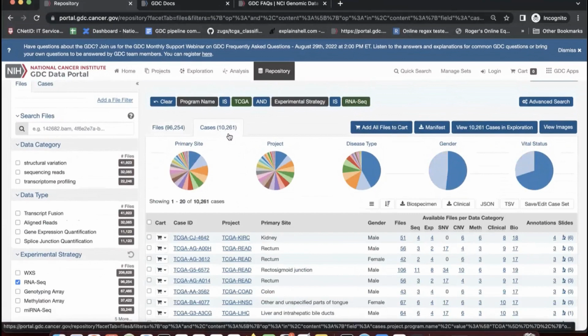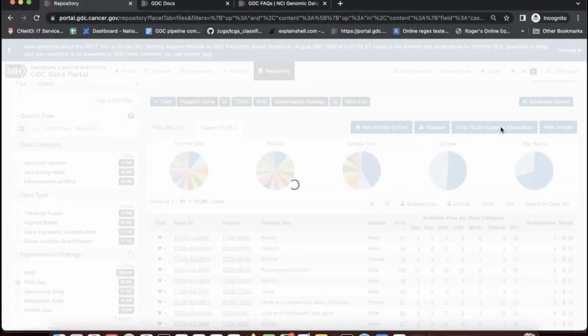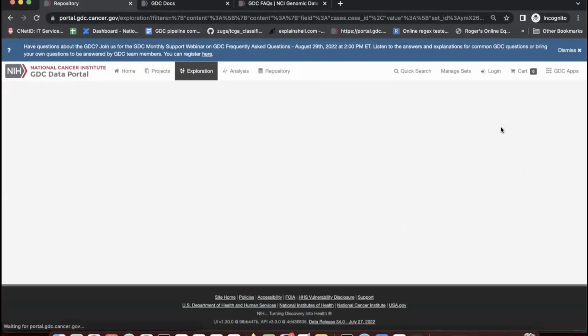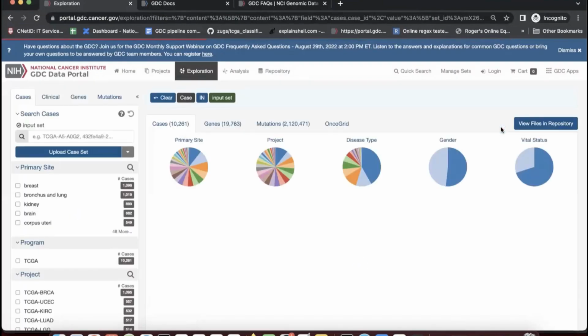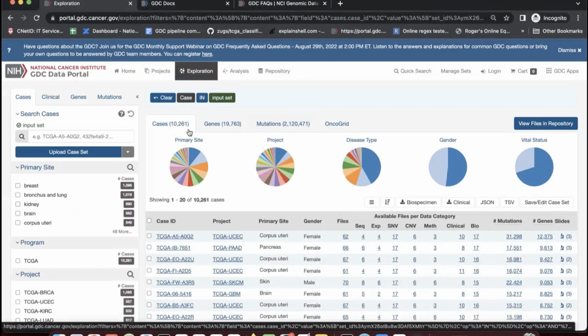There are 10,261, so it's just a little bit too big to make a set, but that's okay because what you can do is go over to this button here, view 10,261 cases in exploration. If you click on that, this might take a little bit because it is querying 10,000 cases, but if you go to the exploration page, now it is filtered down to these 10,261 cases,